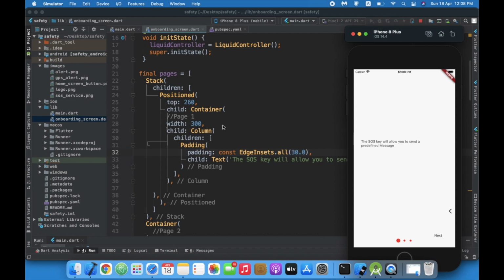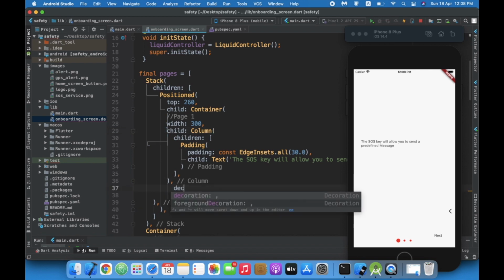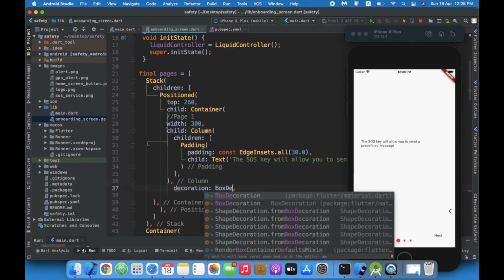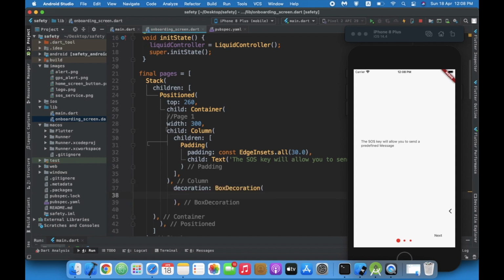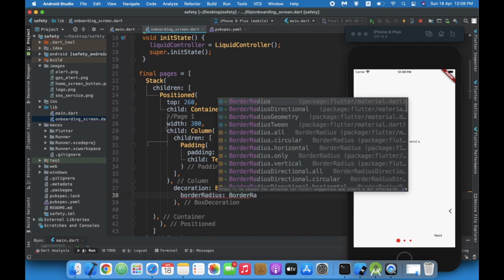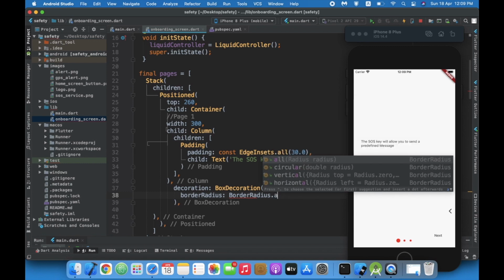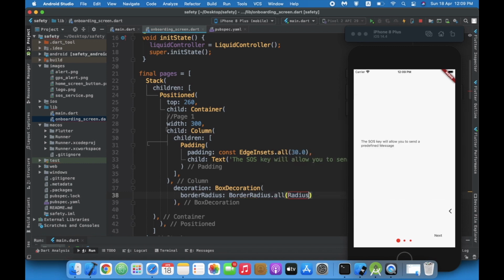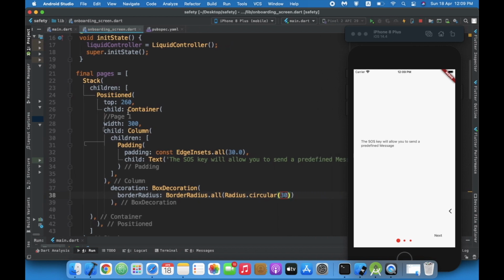Okay, now let us give decoration to this box. To give the decoration, it should be inside the container but outside this column. So I'll give decoration, box decoration, where border radius will be border radius dot all, and radius dot circular 30, so that you can see the rounded corners.